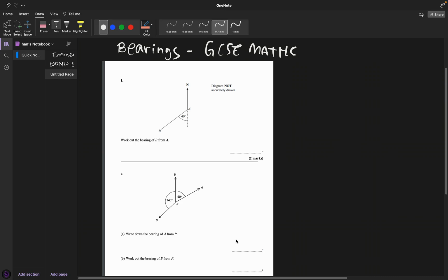Bearings, which is part of the GCSE maths course. Now, this is actually one of the easiest topics in GCSE maths, and I'll explain it in just under 5 minutes. All right. So bearings, you just need to know two things: the north arrow and the angle of whatever you're